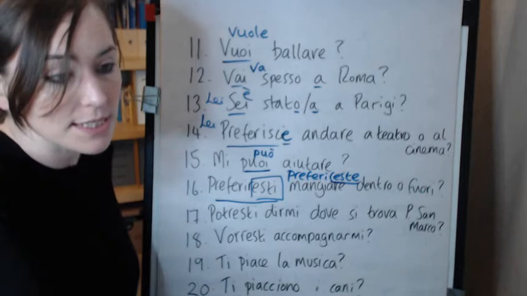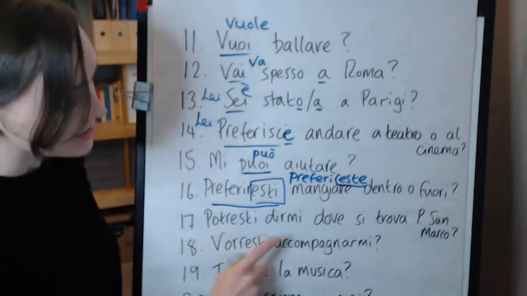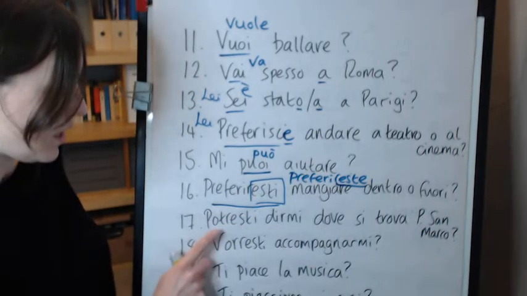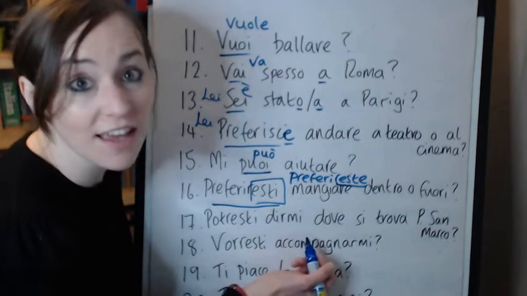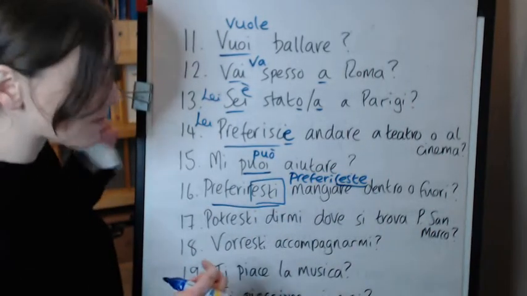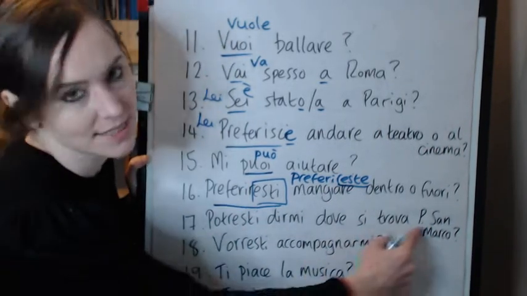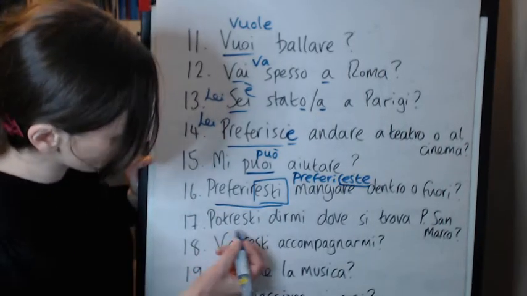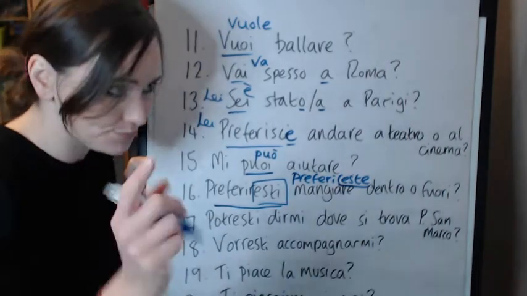It's quite a complex little sentence, isn't it? Could you tell me? Okay. Potresti dirmi. So, here we had mi puoi aiutare, but you could say, for example, mi potresti dire. Could you tell me? Don't worry too much about it. It's just if ever you're gonna ask someone, can you tell me where something is? Make a note of this. It's very polite. Actually, make a note of the lei form that I'm about to change it into.